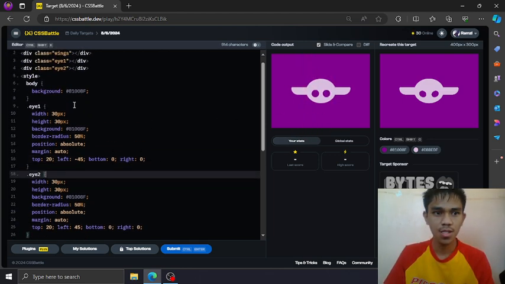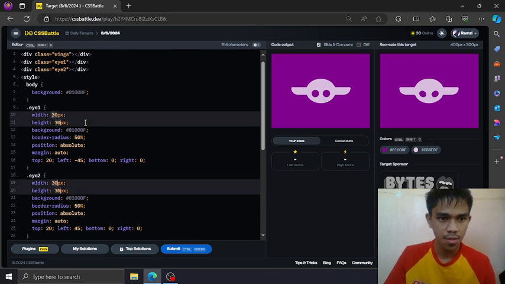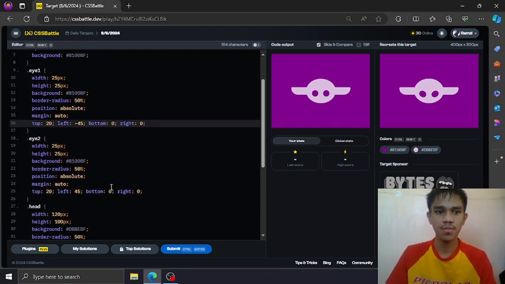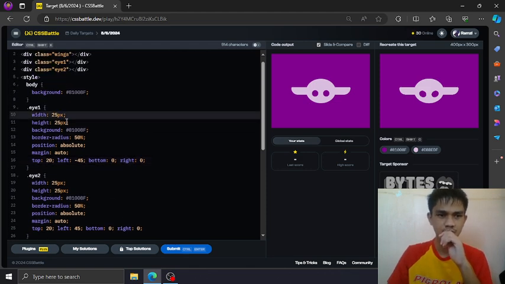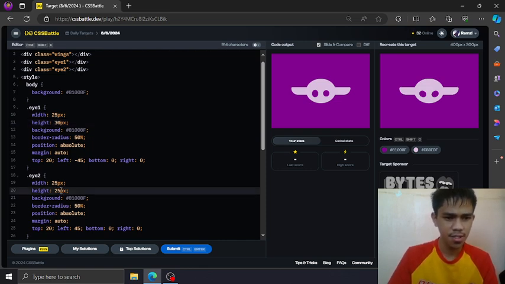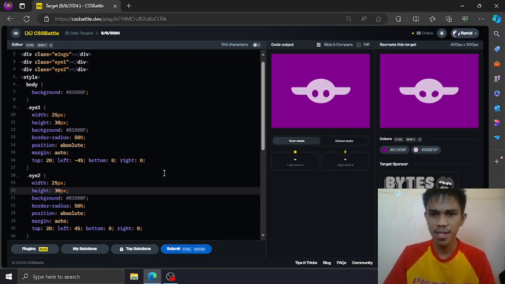Then put maybe 25. Okay. Then the width is 25 and the height is 30, to achieve this oval-like shape.